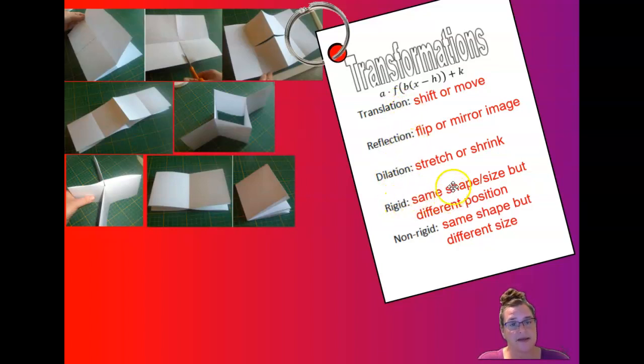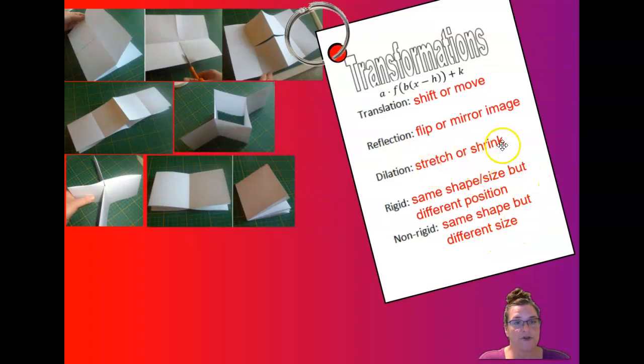They're rigid because they maintain the same shape and size as the parent graph. They just move it to a different position on the coordinate plane. A dilation is a non-rigid transformation. Dilations, they have the same shape. You can tell it's a parabola, for example, when it's been dilated, but it's a different size because it's been